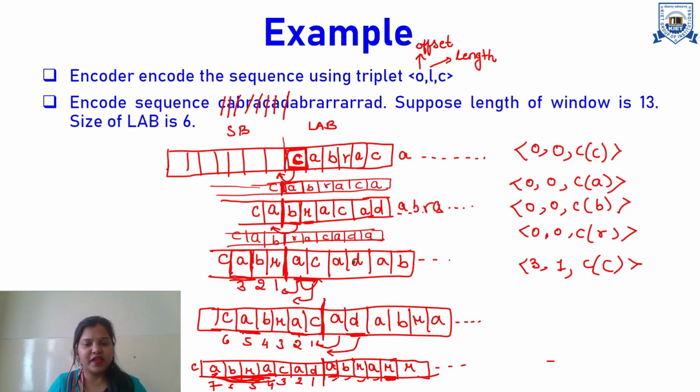Next I have A, D. Check, do we have any match for A? So we have a match for A here as well as here. First we consider the length. If the length of both matched elements is same, we will take the first one. So here A is matched with the index number 2, and the length is 1 because only A is matched here, so I will send code for D. And we will slide A and D towards the search buffer.